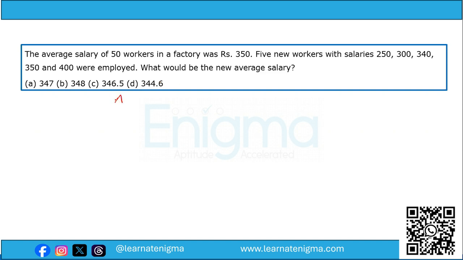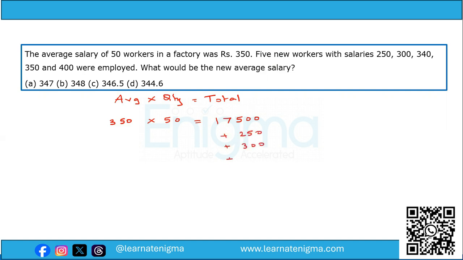Now we have a simple formula: average into quantity is equal to total. Now there are 50 workers, so quantity is 50, and their average salary was 350. That means the total salary of these 50 people would be 17,500. Now, five new workers have joined in with a salary of 250,